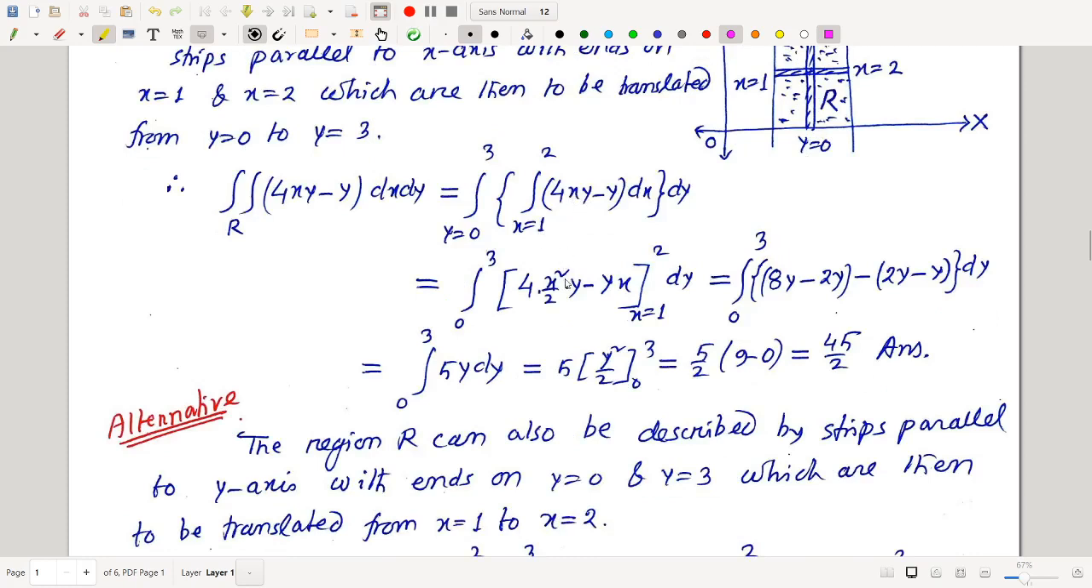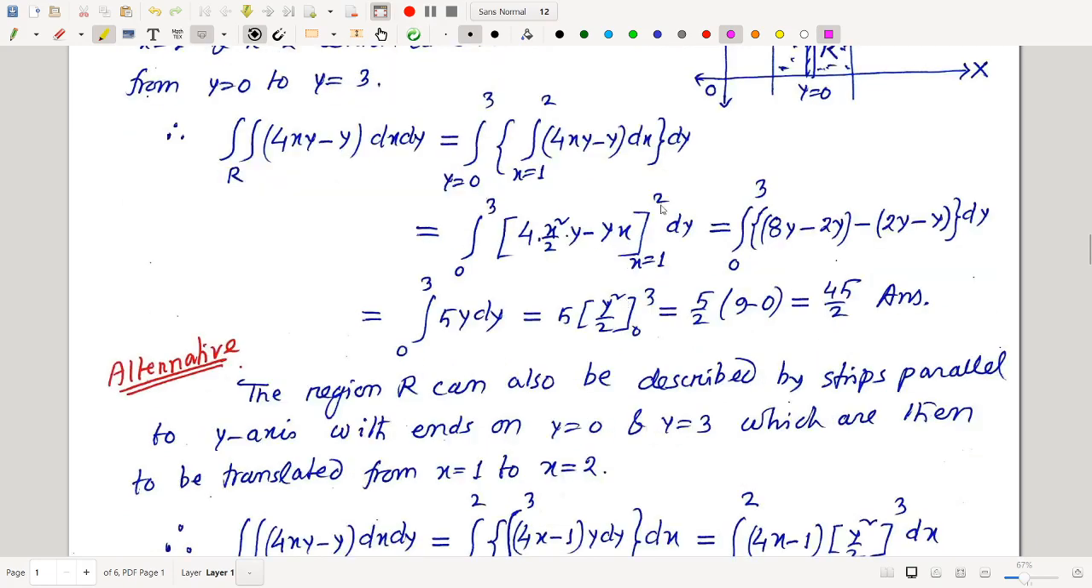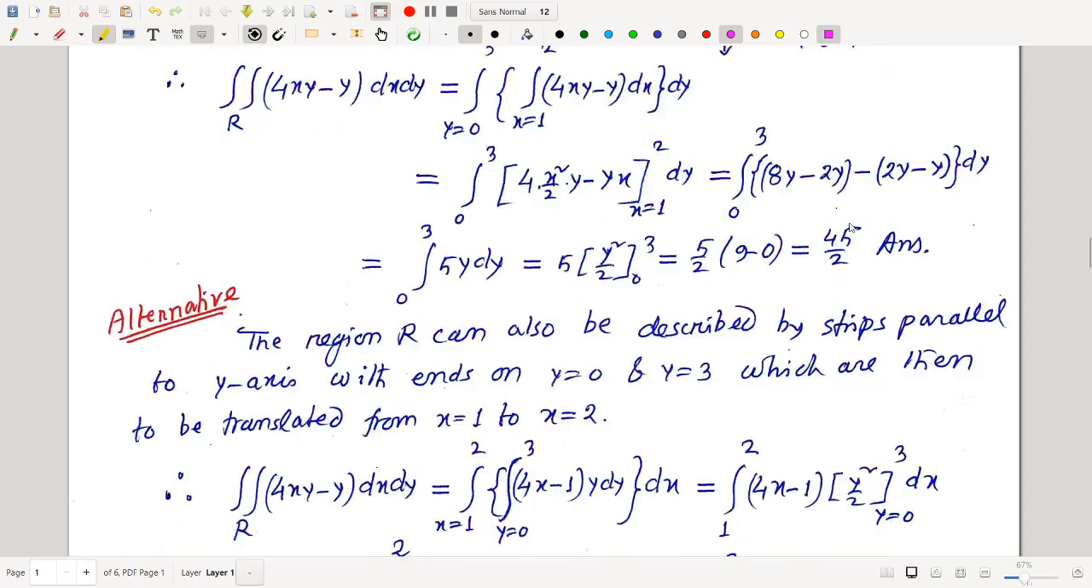X integration is x square by 2, and y constant, so it will be only yx. Now limit is x equal to 1 to x equal to 2. Upper limit is 2. So if we put x equal to 2, this 4 to cancels 2, and it will be 4 into 2, 8. So 8y minus 2y, and when we put x equal to 1, it will be 2y minus y, 2y minus y. Okay, and